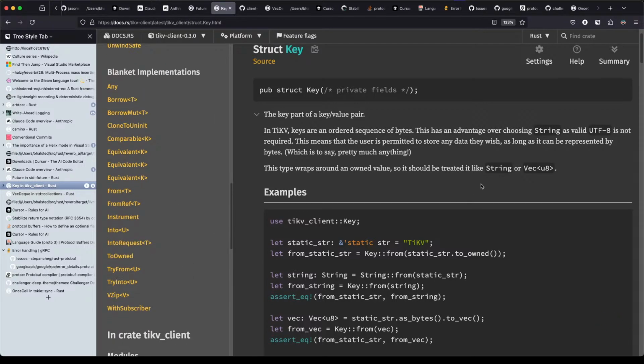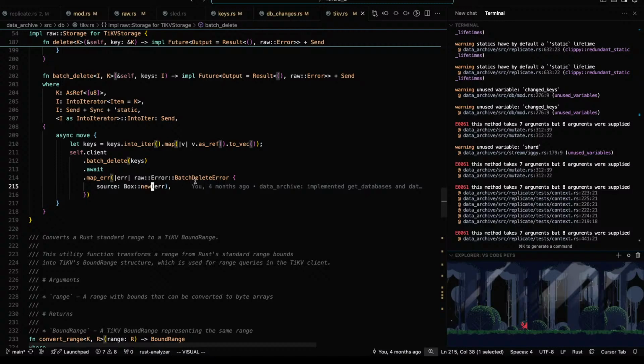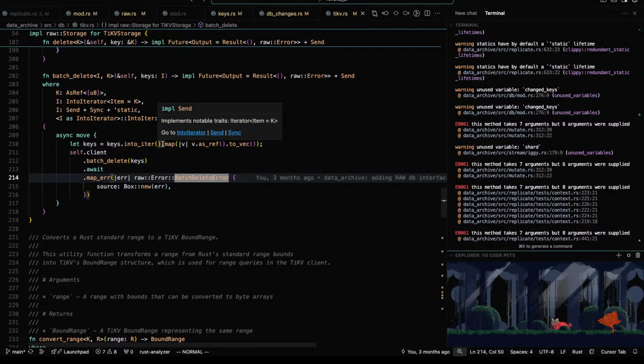So, all right, well, it should work. We can always optimize later.